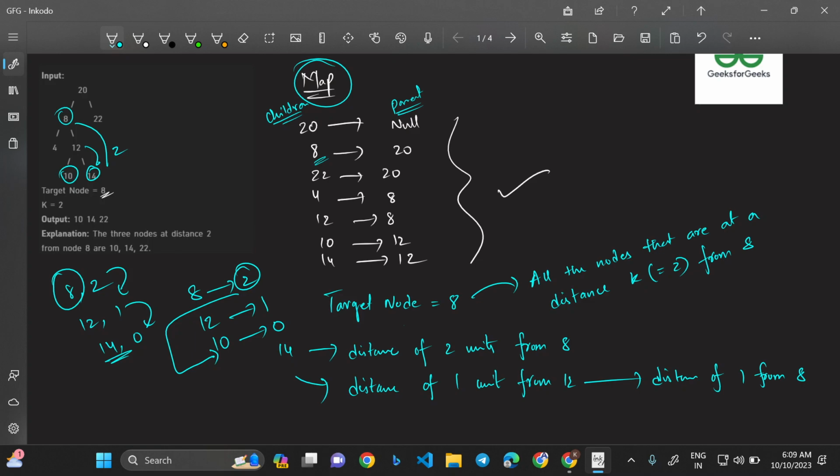So that is what we meant. So that is what we are trying to do. So in this way, we are able to find 14 and 10. What about 20 and 2? We can do a similar thing. We can go to the parent of 8. And when we are at 8, we are looking at a distance